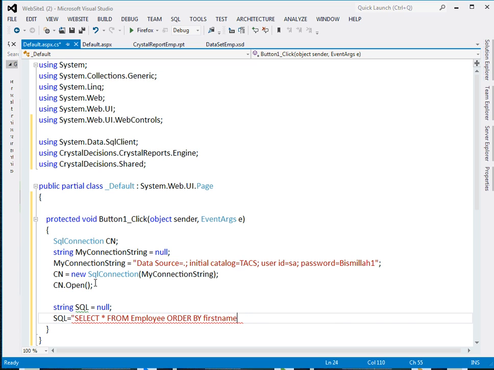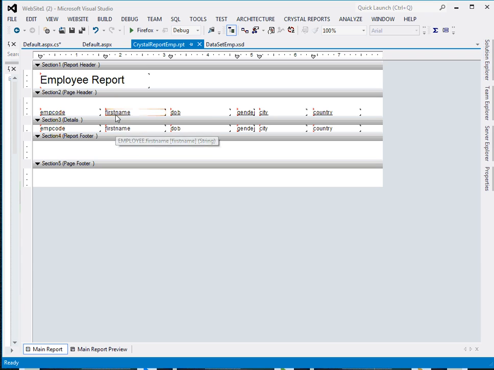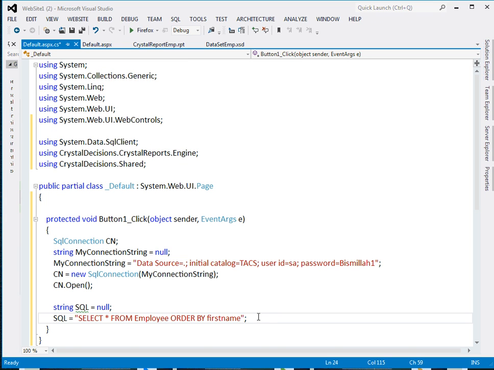I don't know if I have taken first name column here in my report. Alright, well, I'll check it, don't worry about that. Let's go back to our report and see first name is here. Alright, okay, fine. So this is a query, and our query is stored in a string variable SQL, and then